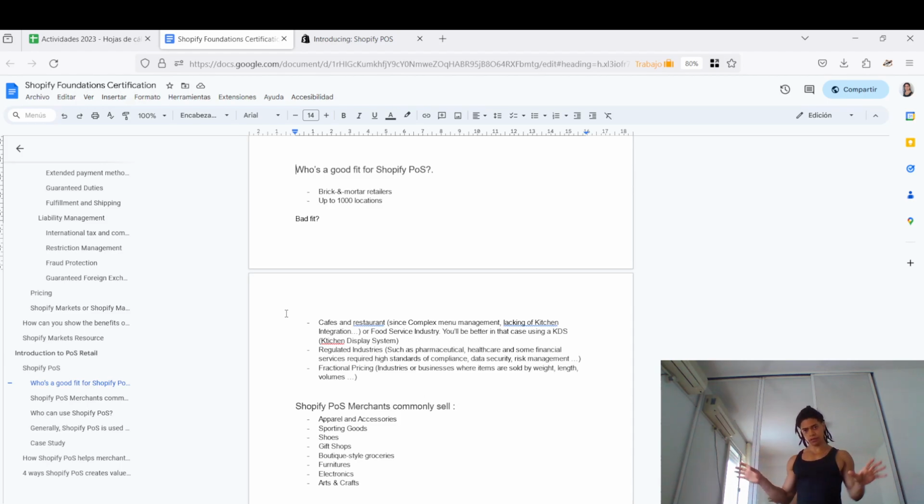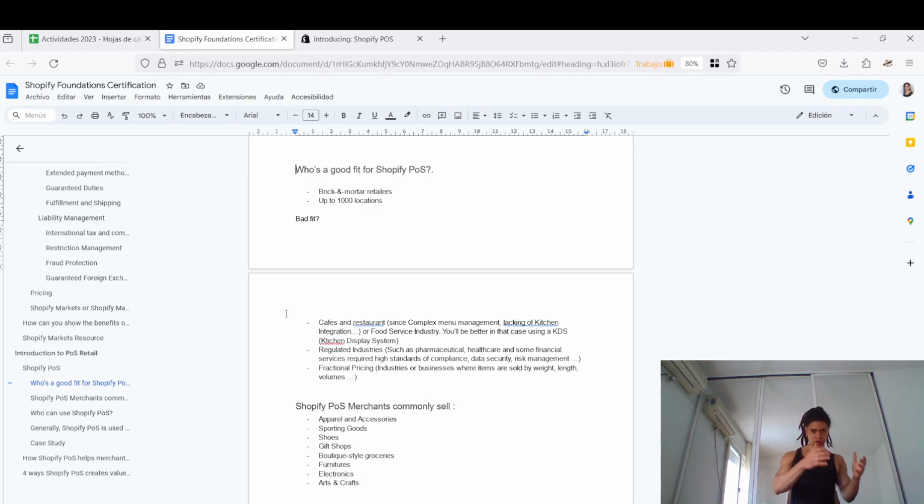So, in any case, merchants who use Shopify for their activities are selling apparel, sporting goods, shoes, furniture, gift cards, as well as electronics and boutique-style groceries. So